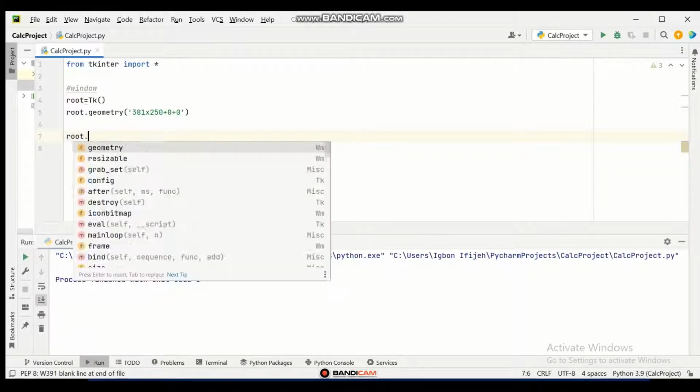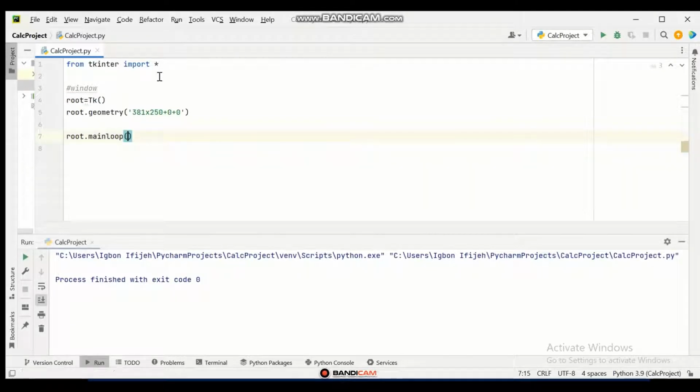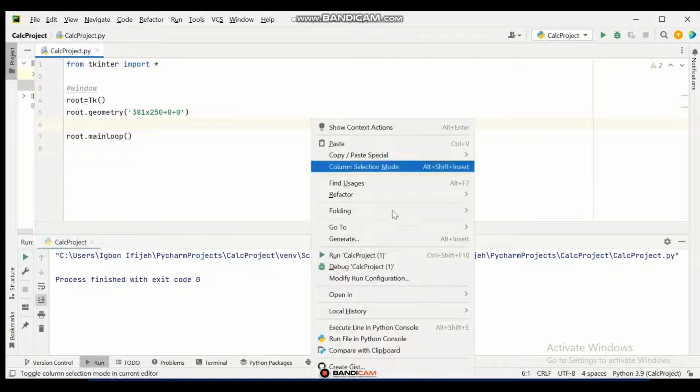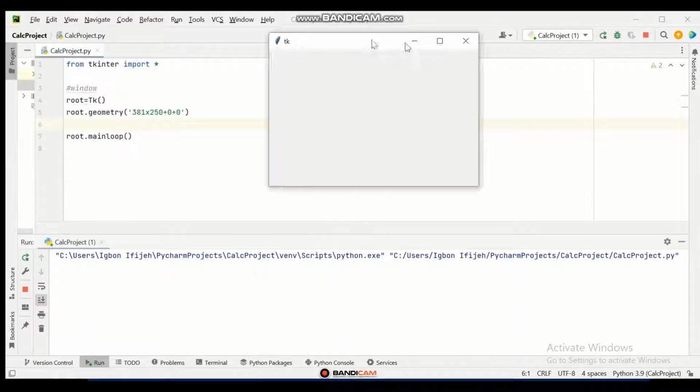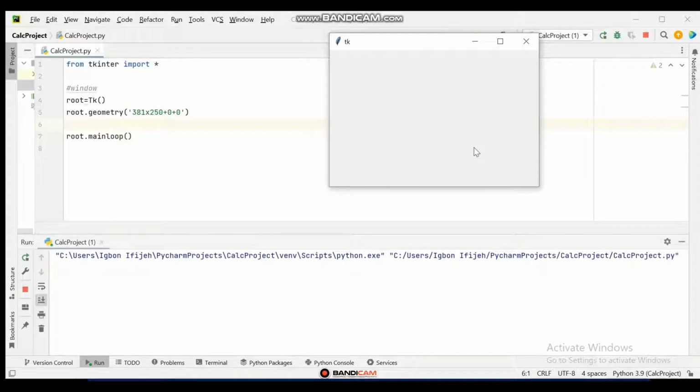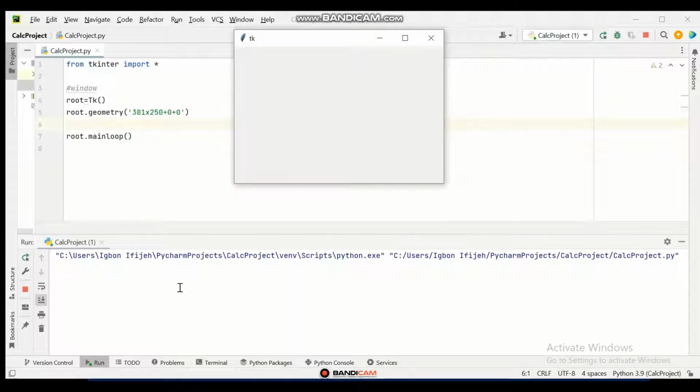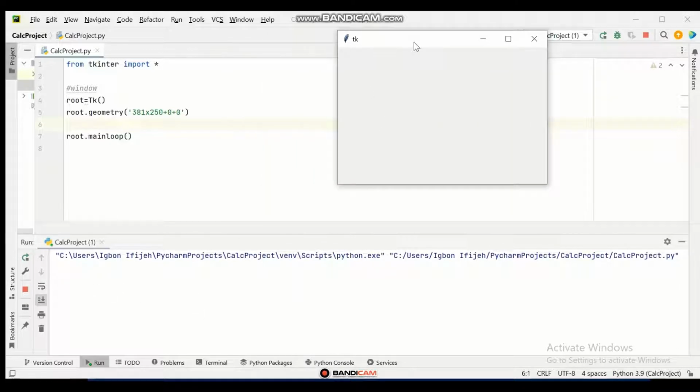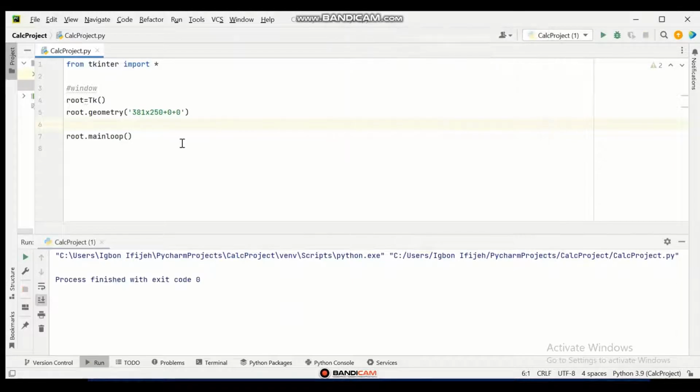So I'm going to say root dot main loop. I'm not passing any argument to that. I just want the default setting. Let me run this. All right, so this is our window. If I terminate this, the process is going to end. So if you do not include your main loop, you're not going to see your window. Okay, so the next thing I will want us to do